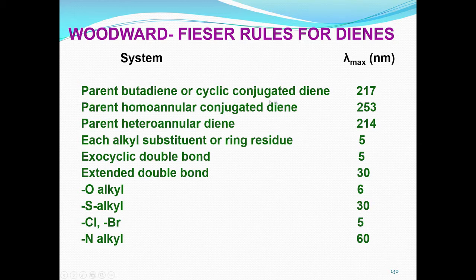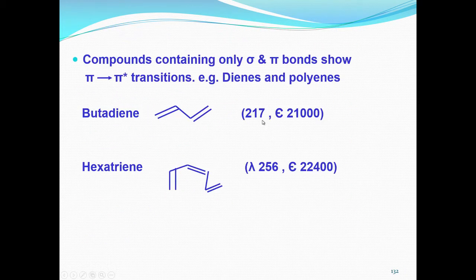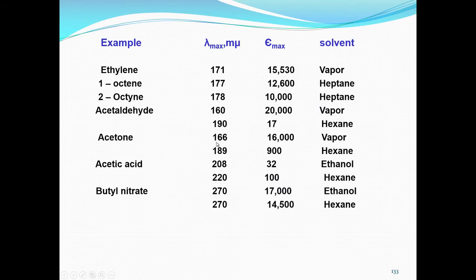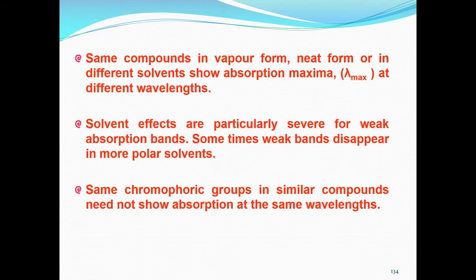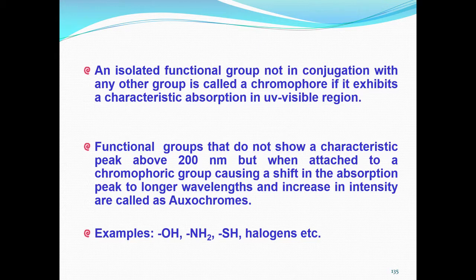So, these are the basic rules. Just to remind you, butadiene or conjugated dienes are 217 and 250, homoannular diene is 253, like that, the base peak etc. We were trying to do a couple of examples. This is a conjugated diene: double bond, single bond, double bond, single bond, etc. And I had explained to you how we can estimate the